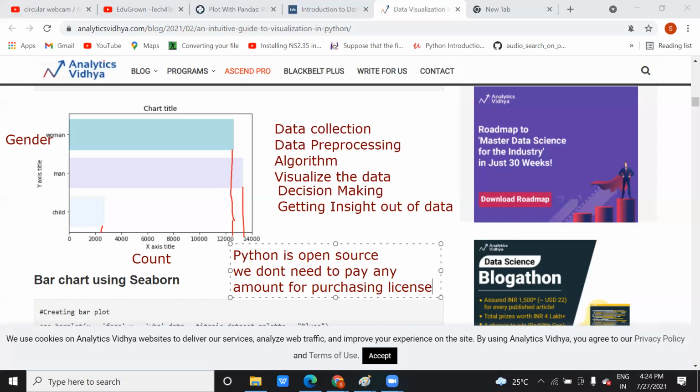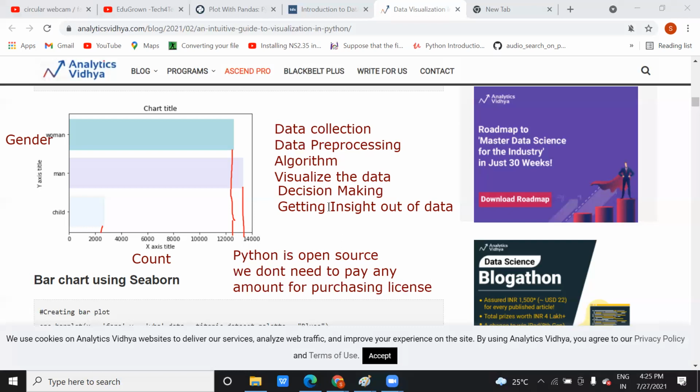So this was a small introduction on why we use this. This step you can note down, or if you remember it: collection, processing, algorithm, visualize the data. Through this visualization of the data, you get two things.